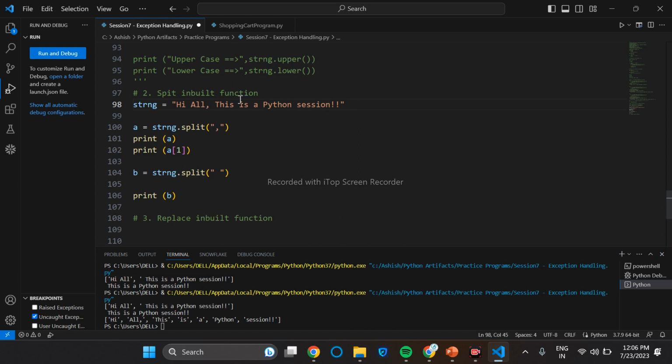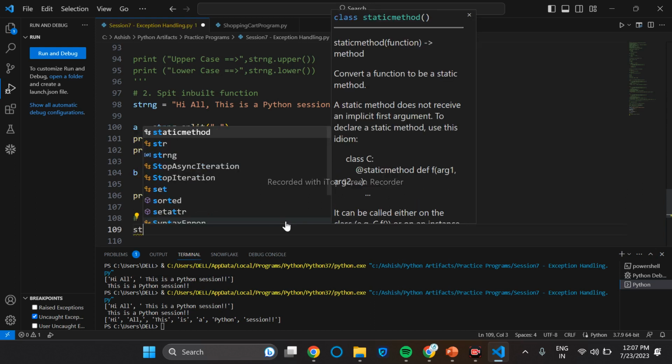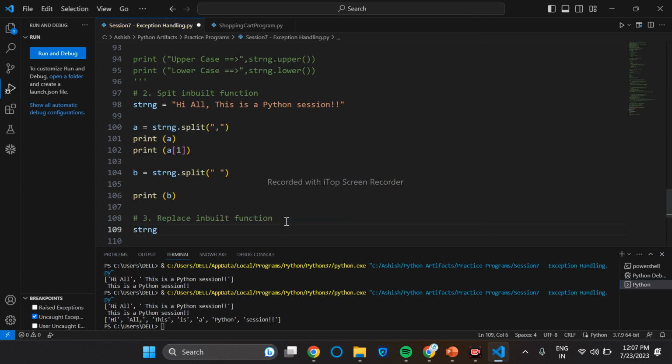In case you want to replace, let's suppose, this comma by a dash, then you can use that. Or if you want to replace this space by a dash, that is also okay. So let's use that. What you can do in this case is simply use strng. Let's take a new variable c, string